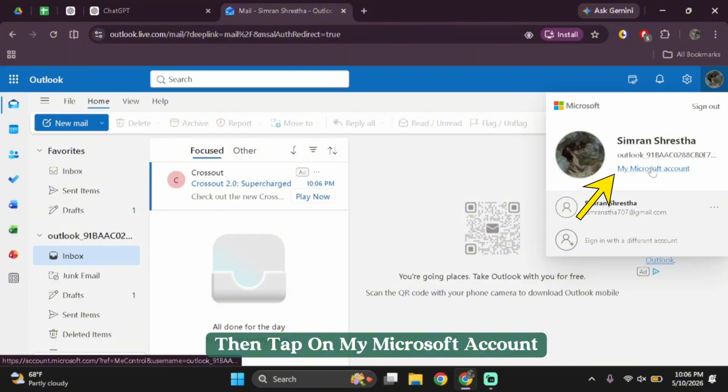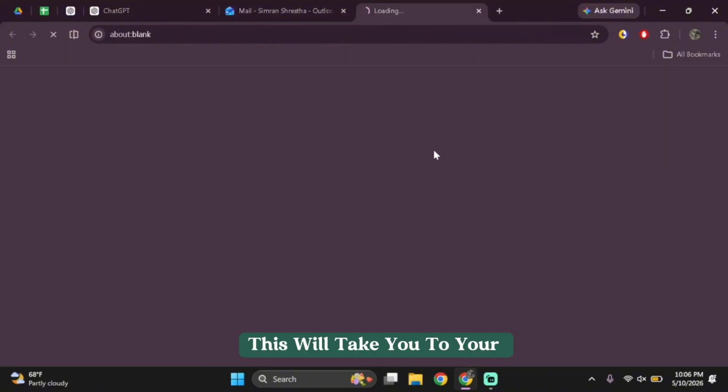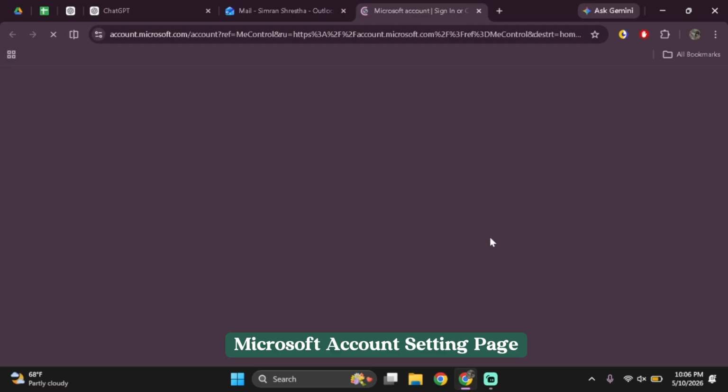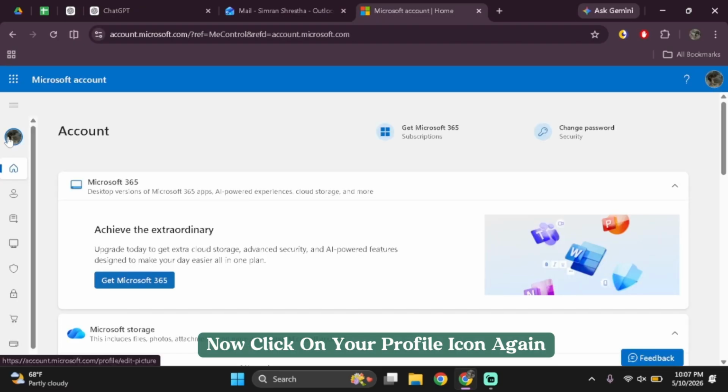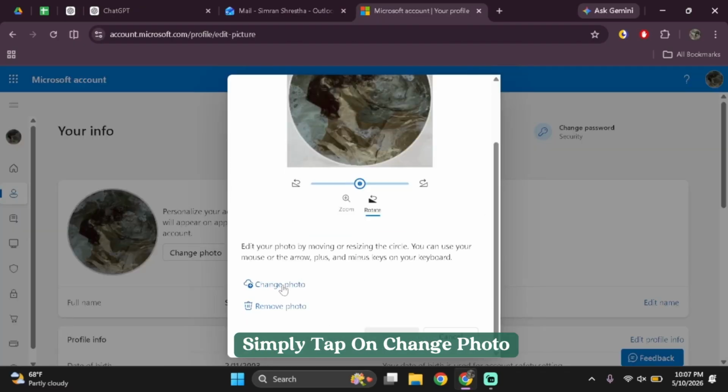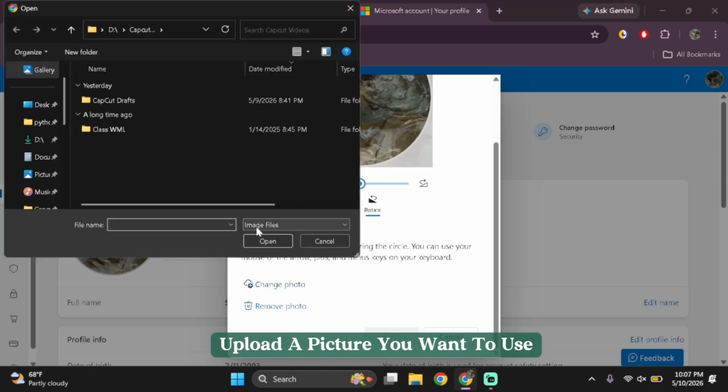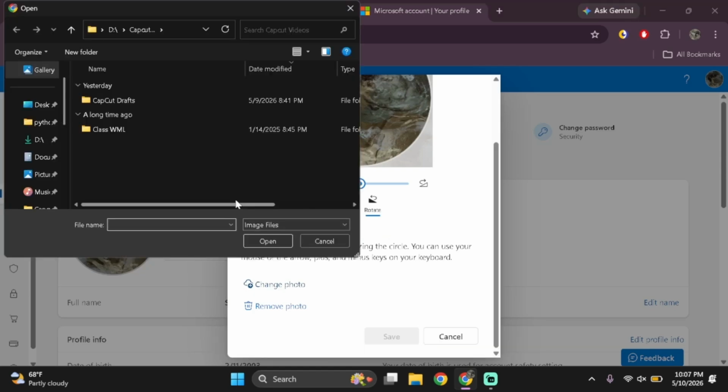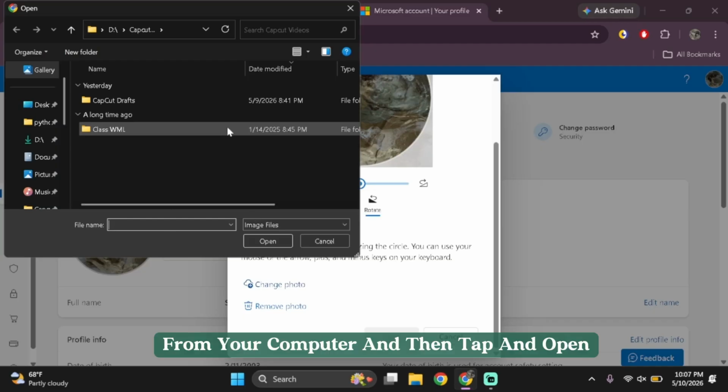then tap on My Microsoft Account. This will take you to your Microsoft account setting page. Now click on your profile icon again. You want to go ahead and simply tap on change photo. Now simply upload a picture you want to use as your new Outlook profile picture from your computer and then